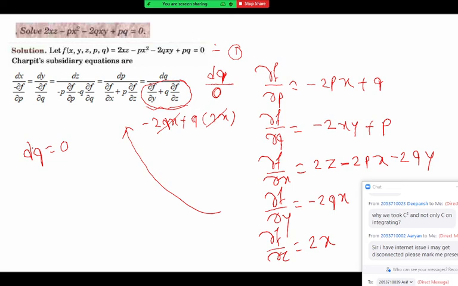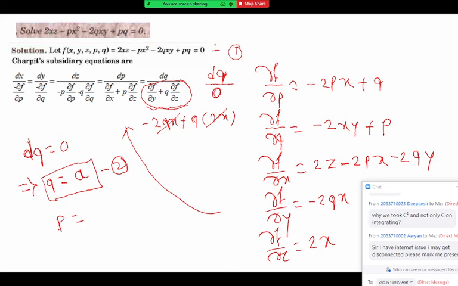If dq is 0, what about the value of q then? What should be the value of q? Integrate. If dq is 0, q should be constant. So I will say constant a. So let q be a. So we got q. There is no need to write all these partial derivatives here because it is not required. Now we have q, and equation 1 is there in p and q. So by 1 and 2 you get the value of p.